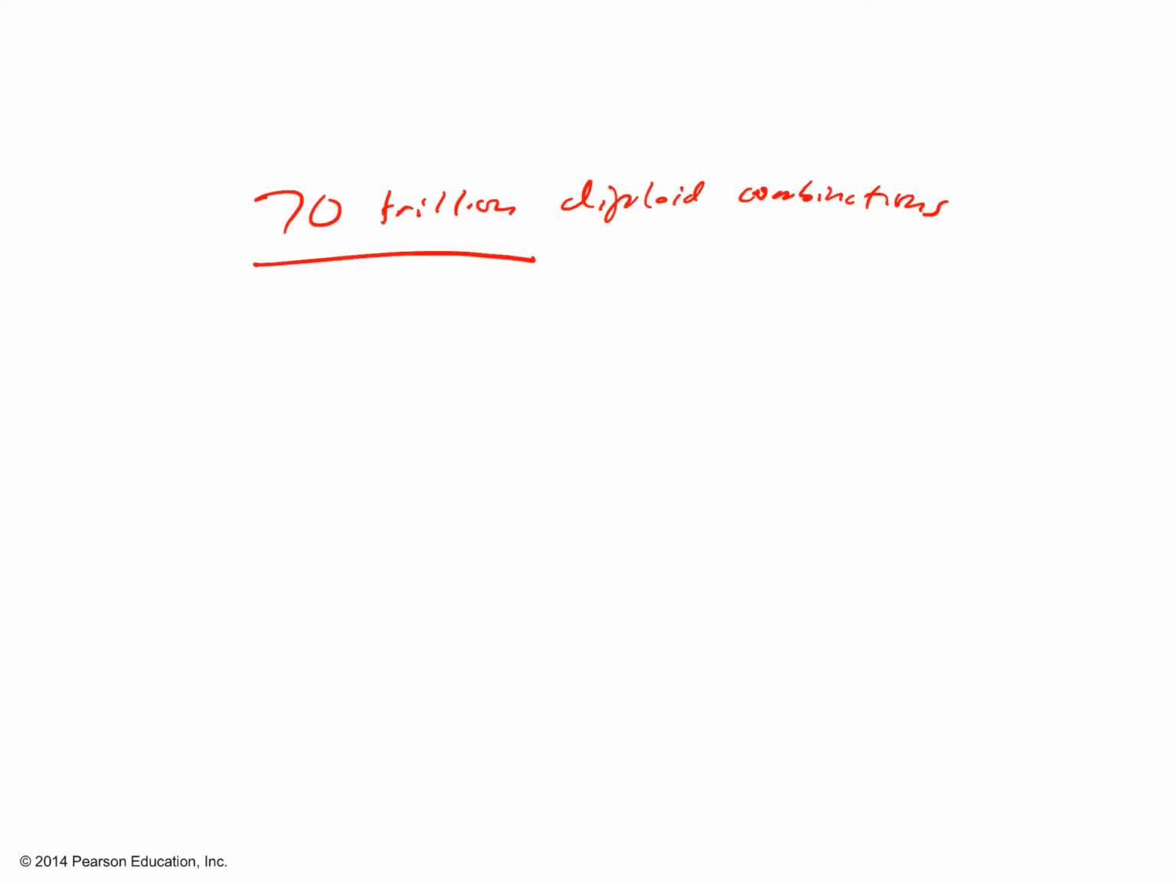All right, that number, 70 trillion, is just from independent assortment and random fertilization. So you have a sperm, which is one of 8.4 million possibilities. It fertilizes an egg, an ovum, which is also one of 8.4 million possibilities. You take 1 in 8.4 million and multiply it by 1 in 8.4 million, and you get 70 trillion. That means that because of independent assortment and random fertilization, each one of us is a 1 in 70